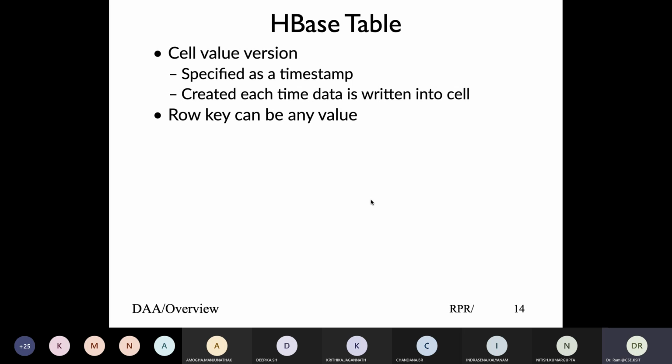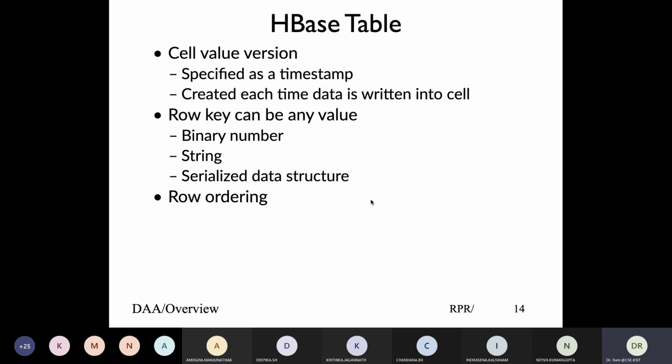Now, how do you define the row key? The row key could be any binary representation, a string, or even any complex data type serialized. Typically in our example we use the date as a timestamp for the row key, but any other values would be fine.